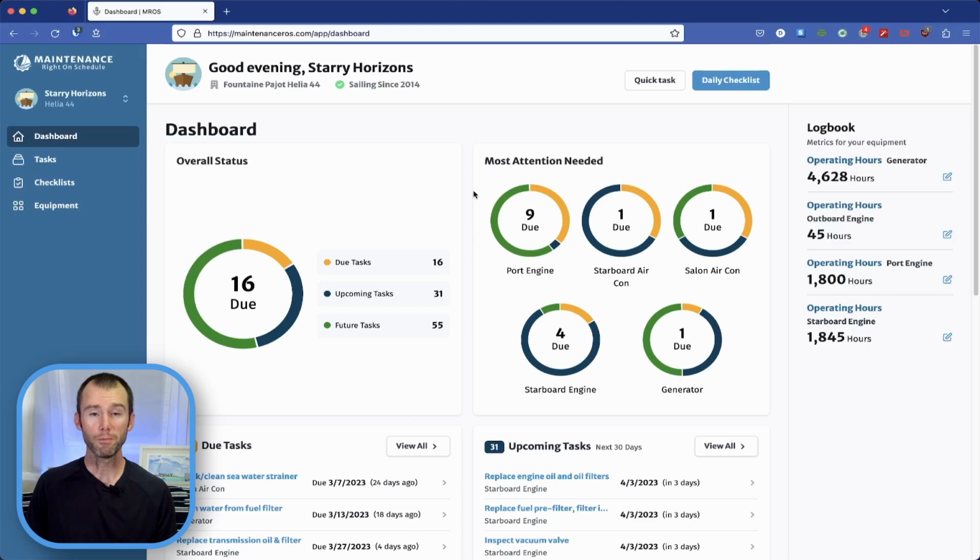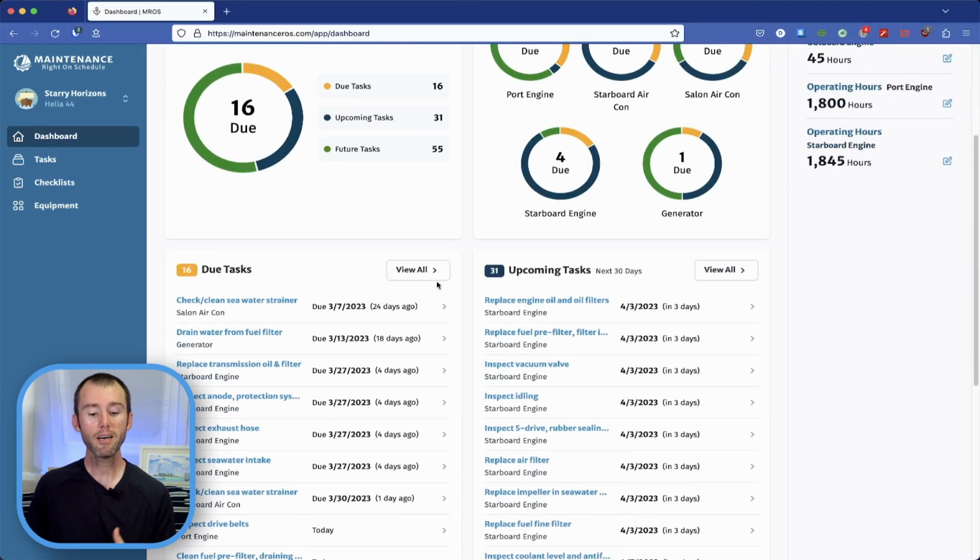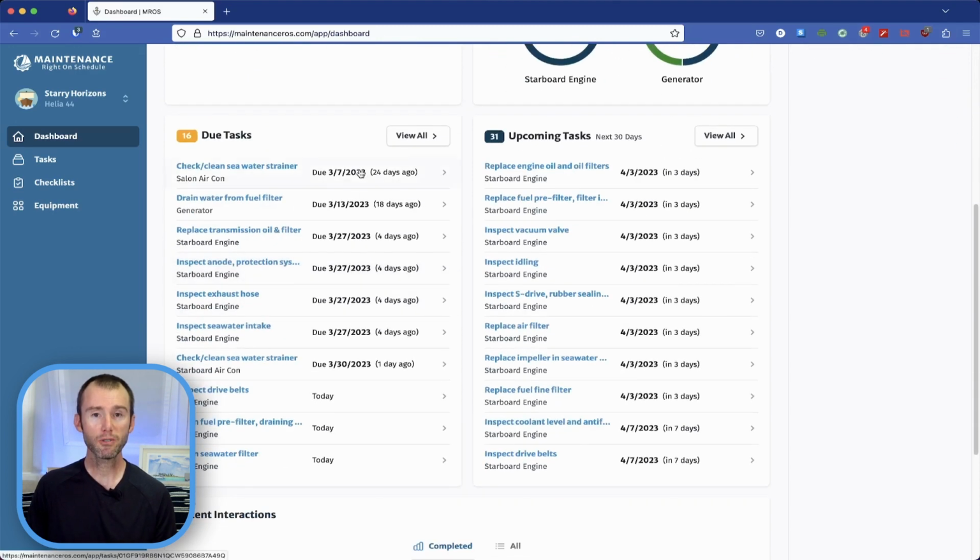I have the dashboard pulled up because I want to start off with a quick reminder that we list due and upcoming tasks right here on this page. The due tasks are sorted by which tasks are most overdue, and the upcoming tasks are sorted by which tasks are approaching first. You can easily see which maintenance tasks need the most attention and which tasks you should be